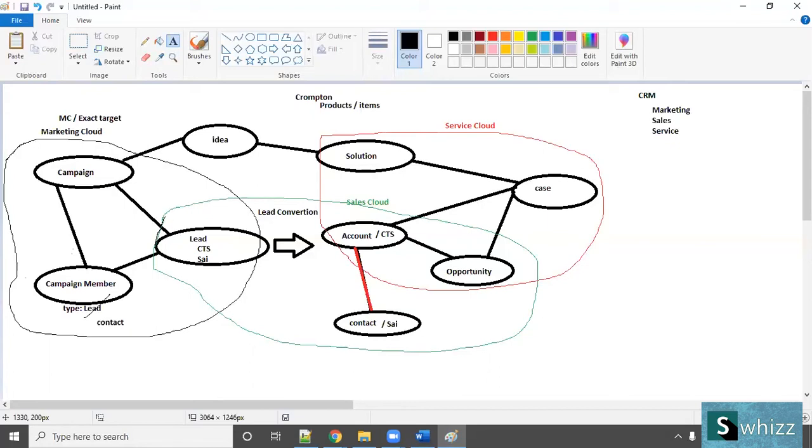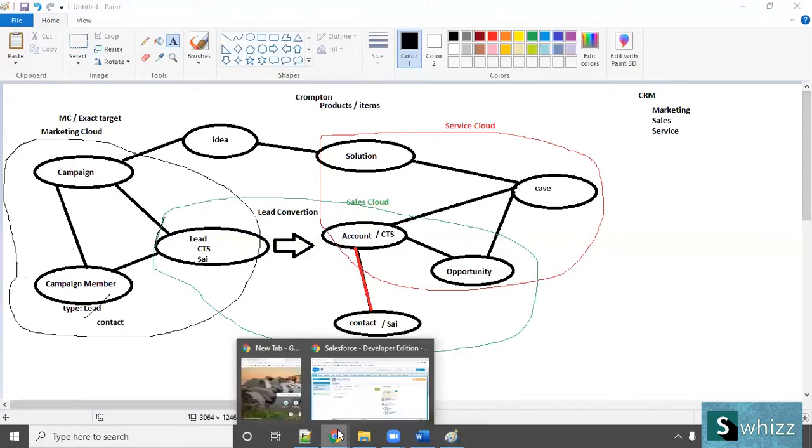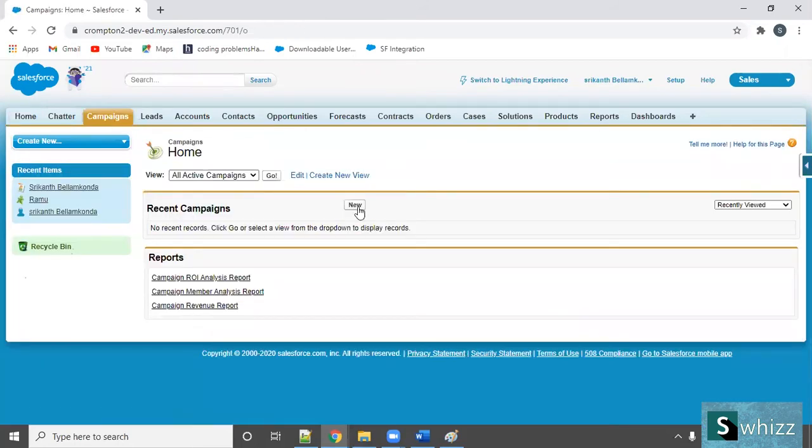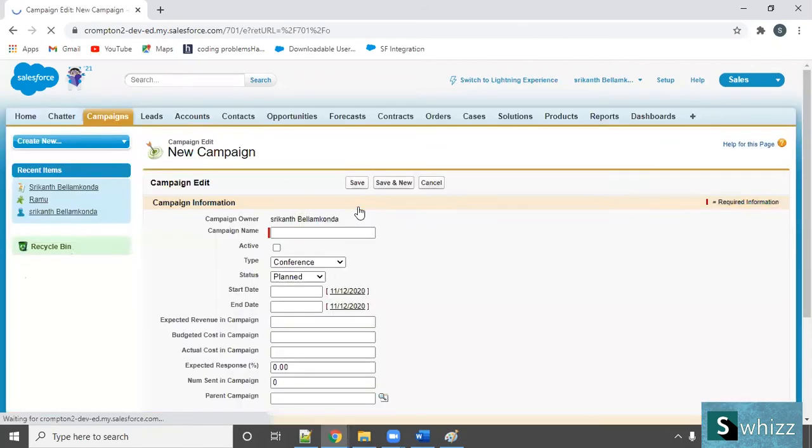Ready? Shall we do it practically? Yes. Come here, right? Let's do the promotion. For example, there is a part called Campaigns. Click on Campaigns. Here you can see a New button. Let's click on the New button. Right now, I'm simply using the features that are available in the Salesforce framework. In some of the user stories, we have to create our own. I will introduce you to user stories next week, next Monday. At that time, let's get hands-on with this framework.